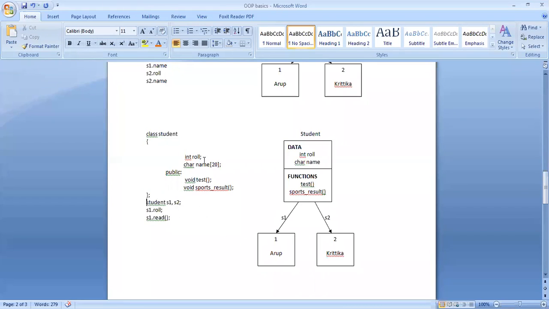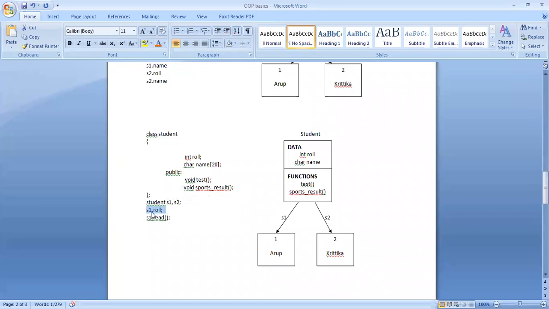Fine. Then again, if you are to access the data members or the member functions, the properties are called data members in the class, and the behavior exhibited by the object we call member functions. All these member functions or data members belonging to the class can be accessed in this way, just as we have done in structure.